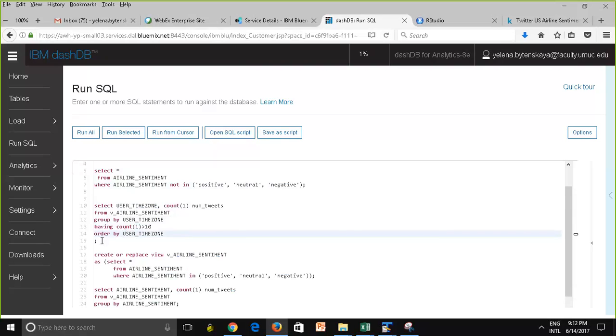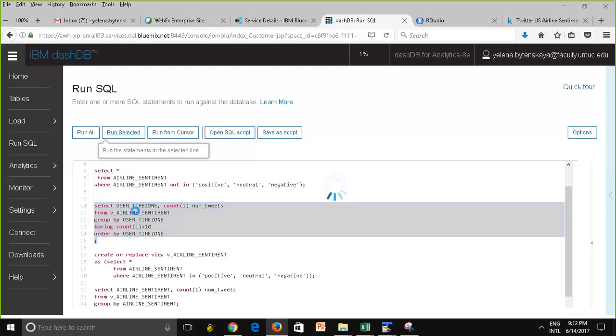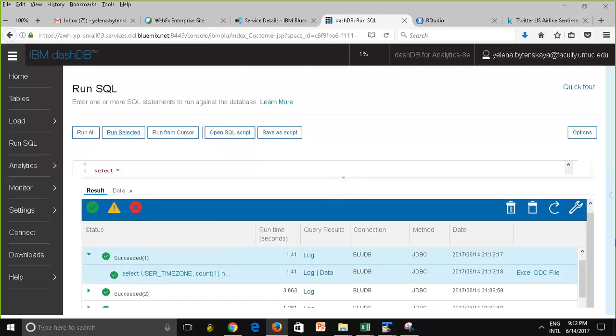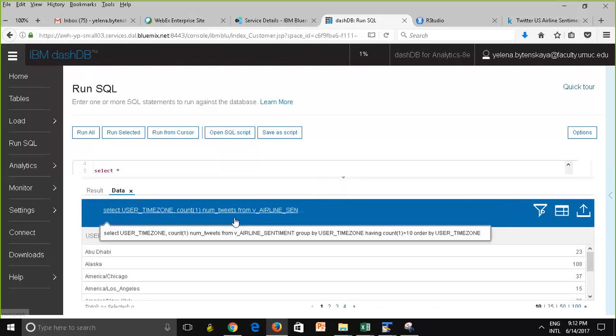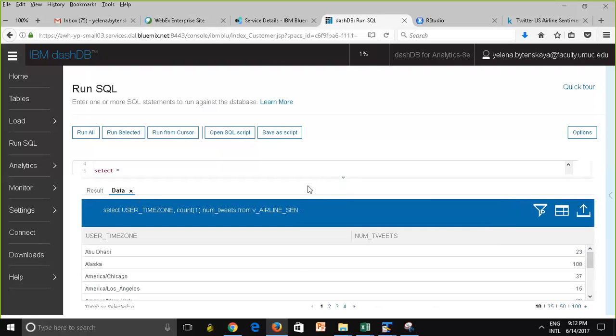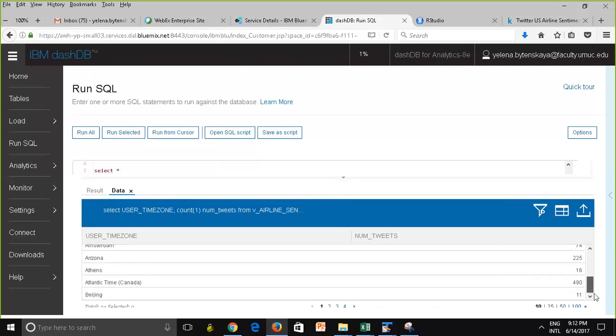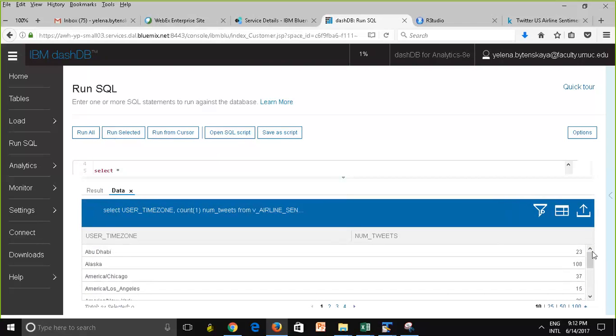Let me go ahead and run this thing here. I'm going to do run selected. There we go. And at the same time, what I should be doing is saving a local copy of these queries. So now let's look at the data. Also, when you have more than one query especially, you want to make sure that each select statement ends with a semicolon. So see this over here, this is a list of time zones that have more than 10